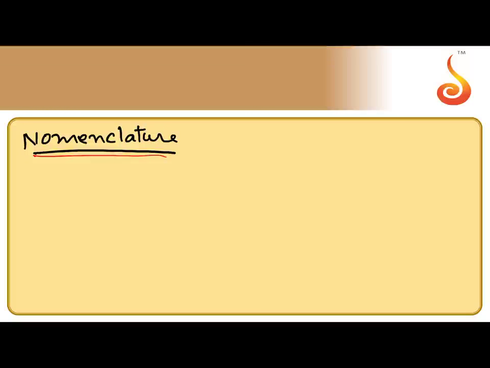Next, nomenclature. Let us take a 1 degree amine, R-NH2. Alkyl amine: first you write the name of the alkyl group followed by amine, that becomes the common name. According to the IUPAC system, you write alk, followed by the primary suffix like ane, followed by the secondary suffix amine. If more than 2 carbons are there in the main carbon chain, you have to mention the location of the amine also, to which carbon N is attached. So alkanamine is the IUPAC name.